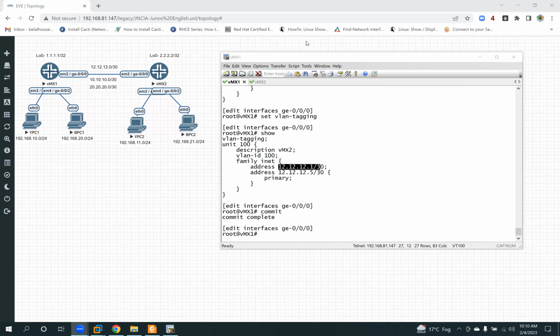The unit and the VLAN must be the same? No. We configure them the same here for remembering the configuration, and it's very easy to understand, but it's not necessary. Unit number and VLAN number will be the same, or it will be